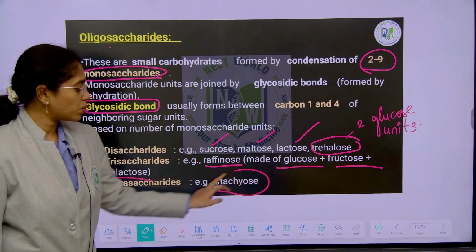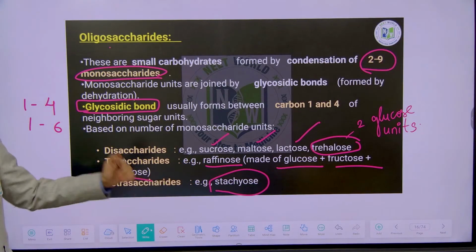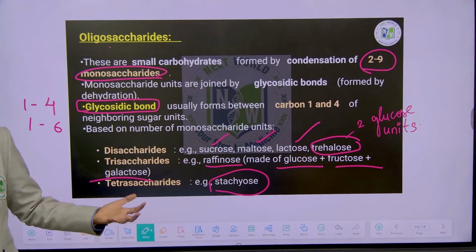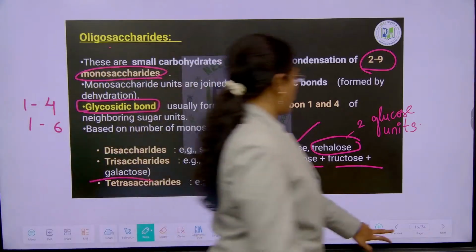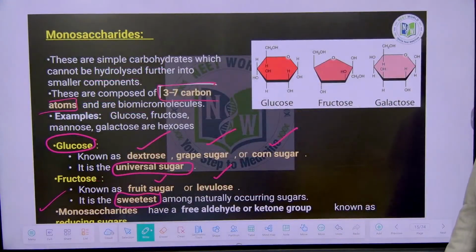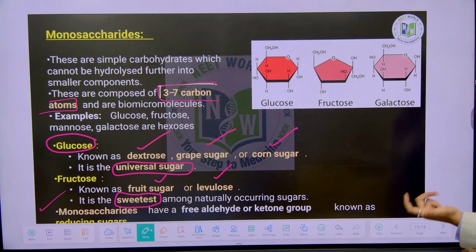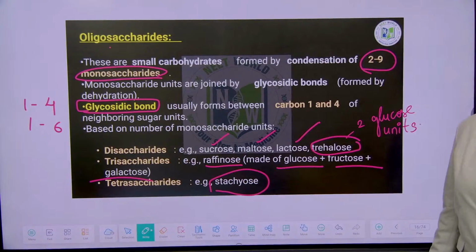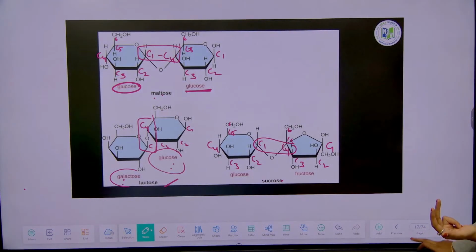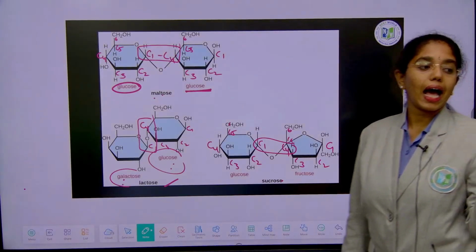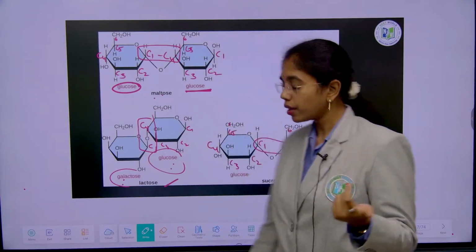Tetrasaccharide, stachyose. Rarely you will get questions on tri or tetrasaccharides, but it is good to know about that. Right? So, we have learnt on monosaccharides, glucose, fructose, and we have learnt on what are reducing sugars, and then we have learnt on what are oligosaccharides. Next, examples of that are important, and where you can find 1,4-glycosidic bonds and 1,6-glycosidic bonds is also important. Right? Next,